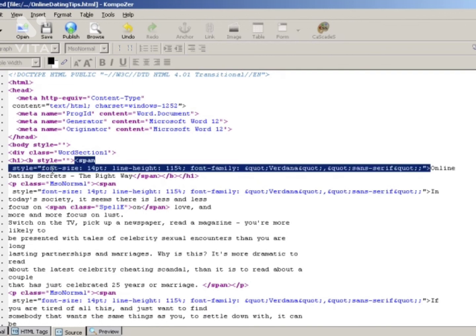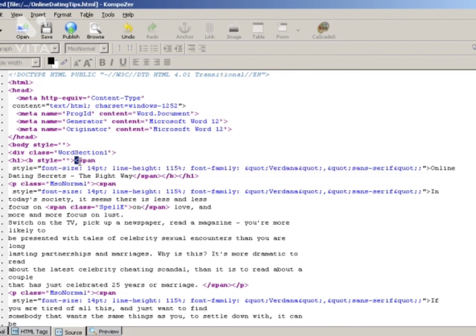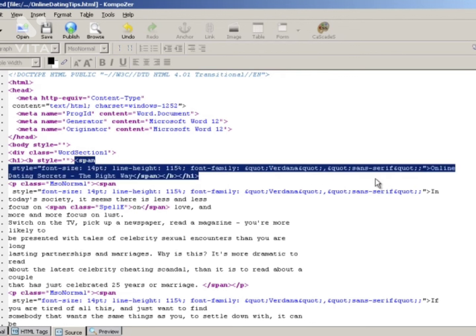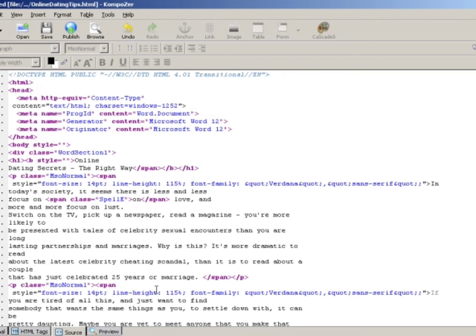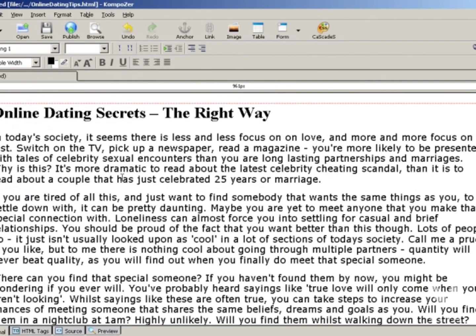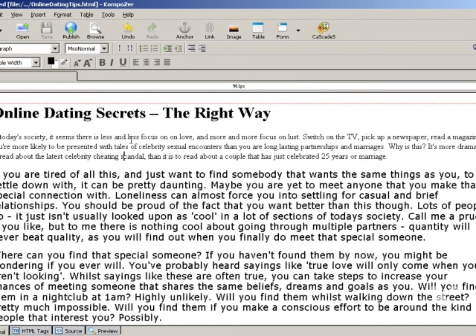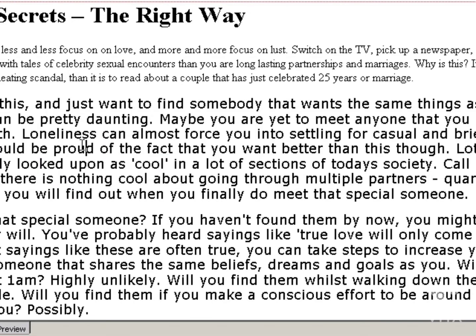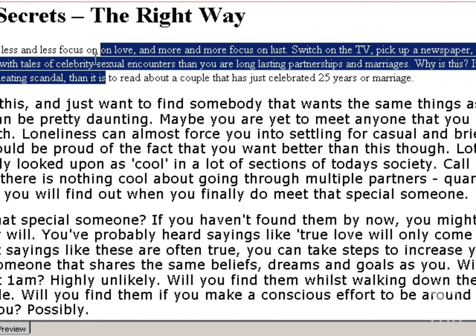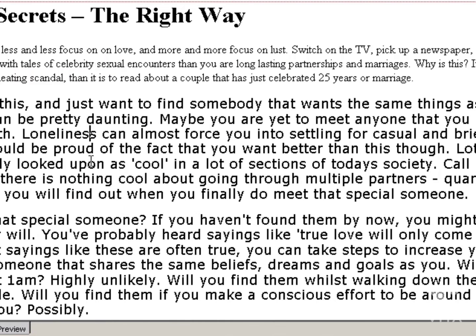And another thing are span tags. You don't need span tags. So, for example, you're going to see a lot of span tags where it starts out with span, style, font size, 14 font, and it goes all the way and ends in this tag here. What we can do is remove that. And let me show you. If we remove this, when we go back to the normal preview, you'll notice that the text changes, right? Because this text here is basically clean. This text here is not.